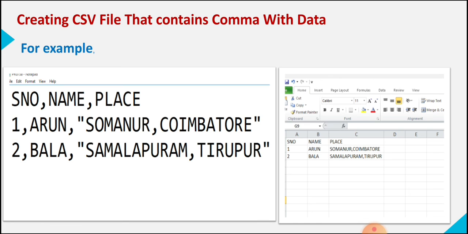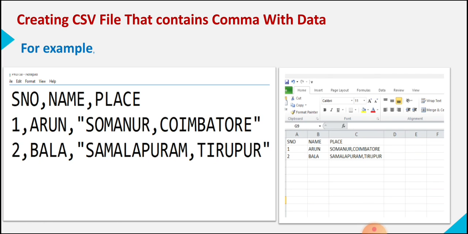How can you include this comma to be present in the Excel sheet? The commas are included within the double quotes. So if you are creating a CSV file with double quotes, it means the comma is also one of the fields. Okay. So the commas that are part of your data will then be kept separate from the commas which delimit the fields themselves. Okay. So if commas alone are given, they are considered as a separator. If you want commas also to be one of the contents of the CSV file, then we include them within double quotes.